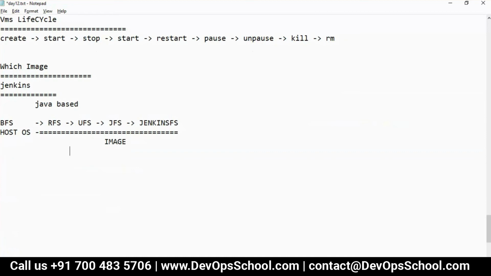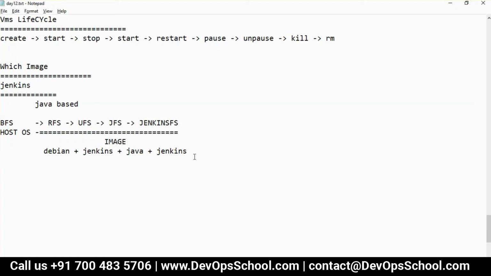Let's say Debian, which is another flavor. So one image: Debian, then user file system, Jenkins user, Java plus Jenkins. So this is an image.